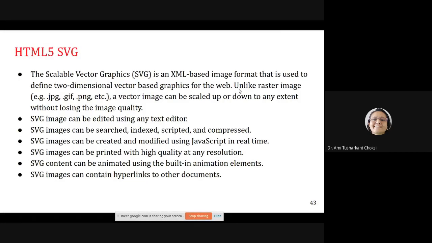Unlike raster images, that is JPG, GIF, PNG, etc., SVG images can be scaled up or down to any extent without losing the image quality.